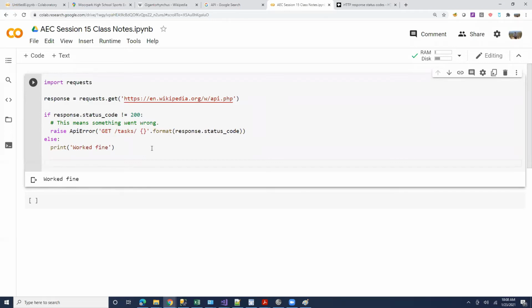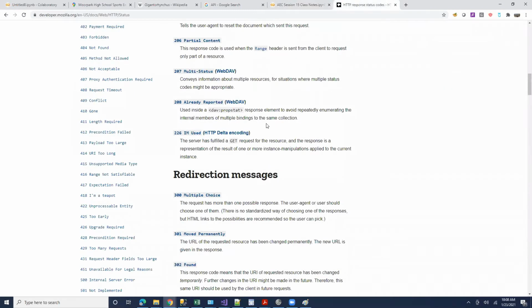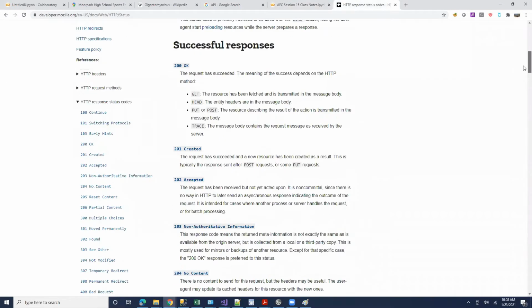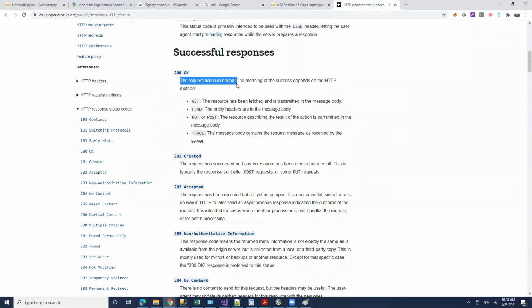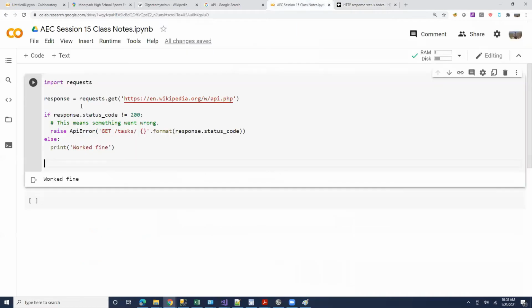What is the purpose of 200? As I mentioned, if you look at this one, 200 is the message saying the request has succeeded, right? So the meaning depends on what you did. So for get, this means you got the request. So since I am making a get request, if I get status code 200, it means I got the information I'm asking for. So what else is there in the response? Yes, we'll look at that in a second.